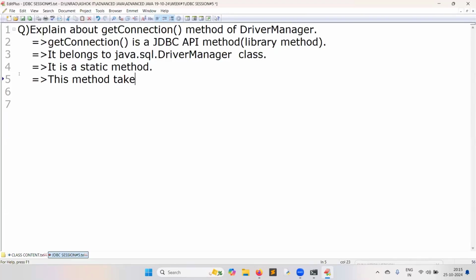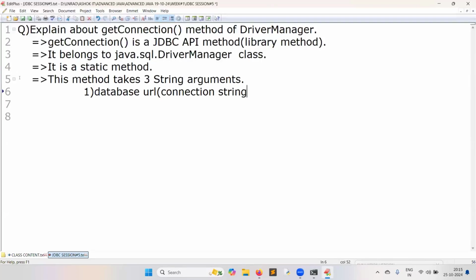This method takes three string arguments. Number one, DB URL, meaning database URL. It is also known as the connection string. The first argument is the connection string.